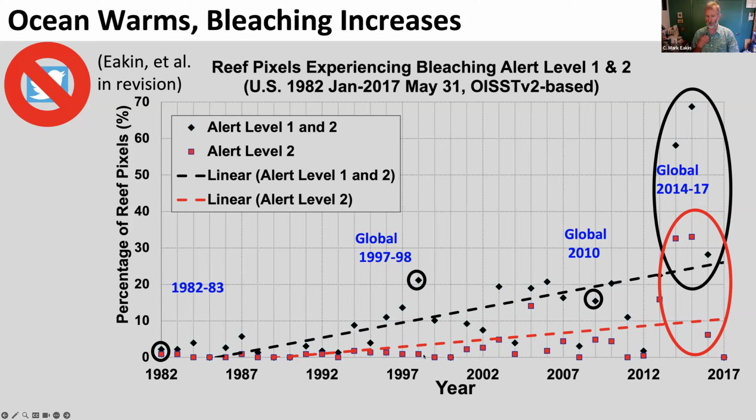Actually, alert level 1, because you see alert level 2 conditions weren't that high. The second global event in 2010, actually not as high in terms of alert level 1, but higher alert level 2 conditions. And what you're really seeing going on here is an increase in the baseline temperatures. And so I think you're seeing much more of an effect of global increases in ocean temperatures on the alert